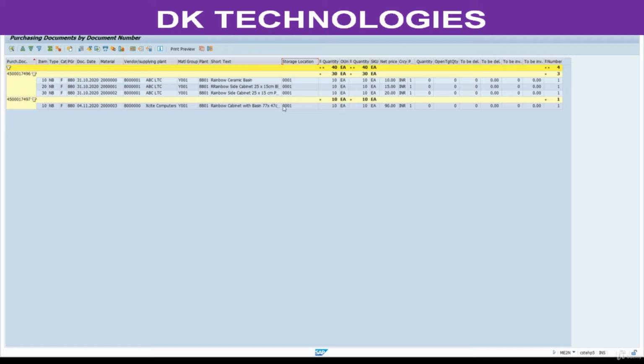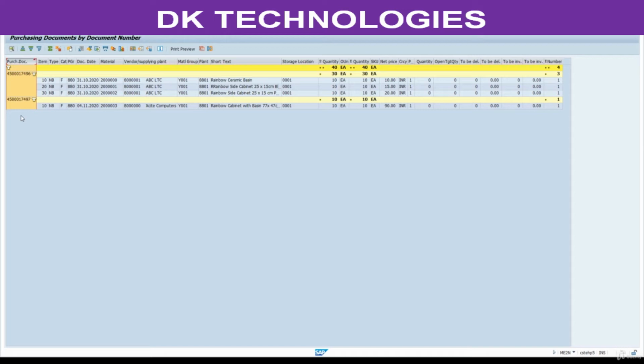So apart from that, here if you see this, right now quantity is 40. Here I have purchase order 1, purchase order 2. Under this purchase order, I have 3 line items. Quantity is 10, 10, 10. The subtotal is 30. For this purchase order, I have only one item. The subtotal is 10. Like this also, you can have subtotals. Even these subtotals you can have based on your requirement. See, right now these subtotals are based on a purchase order.